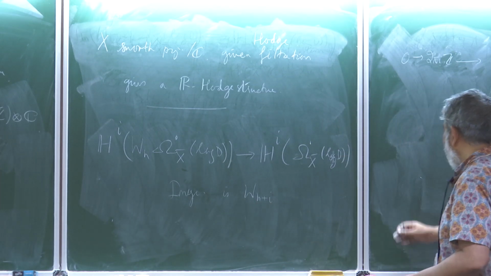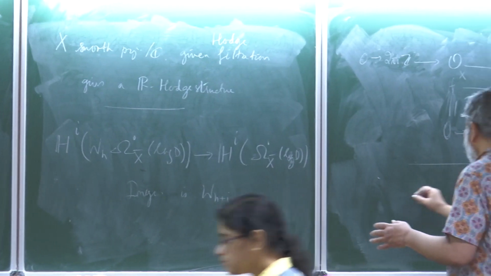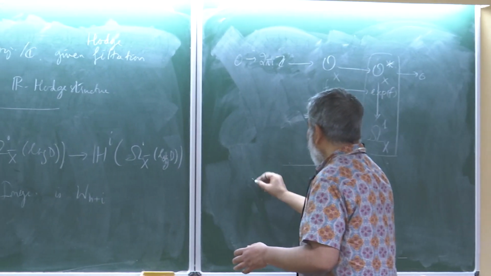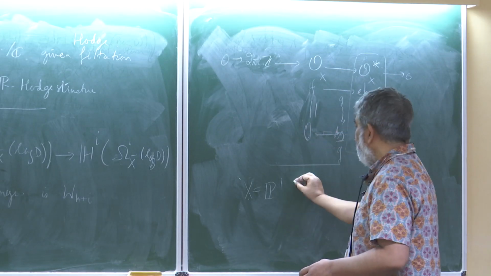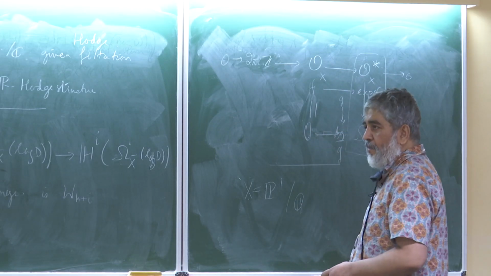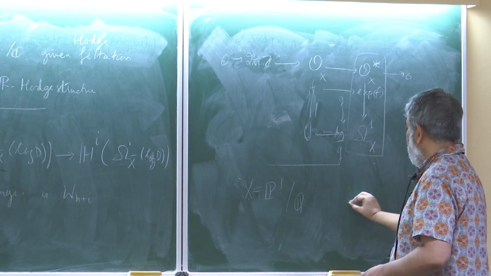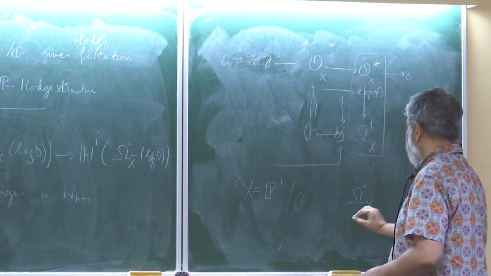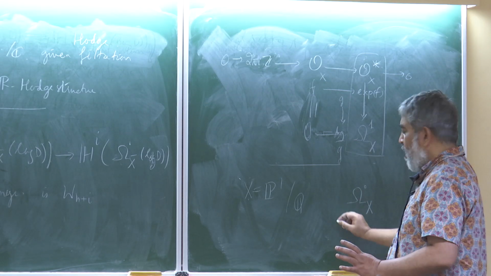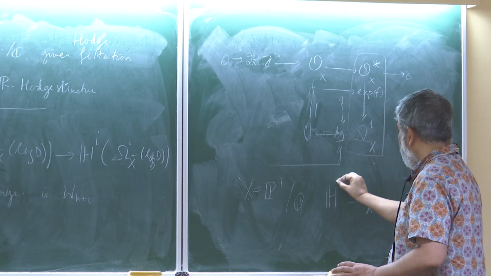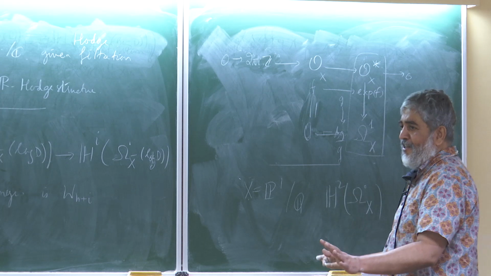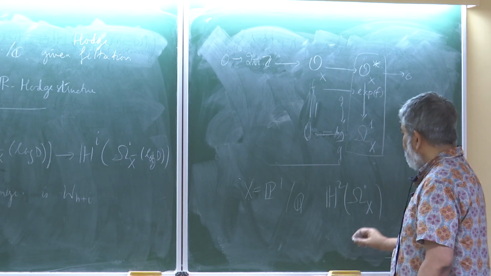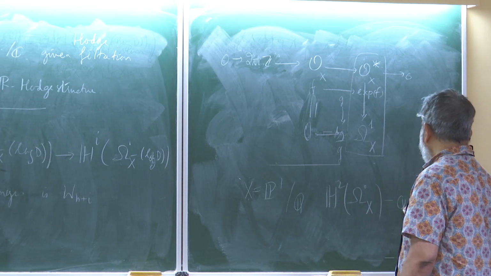Wait, let me complete what I'm saying at least. So you've got a variety, let's say X is equal to P1, right? And which is defined over Q. You can take its Omega dot of X, no problem. And you can take, as Srinivas says, you can calculate its second hypercohomology. Actually, in this case, you can do it by hand. Okay? And so this is a Q vector space.